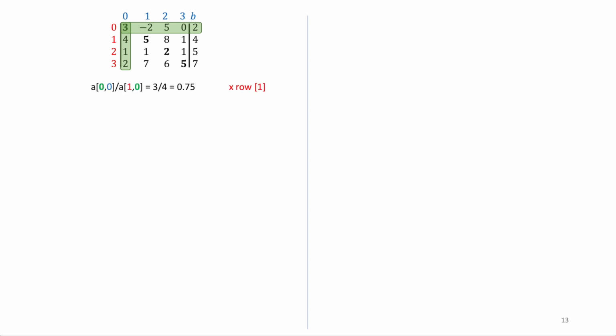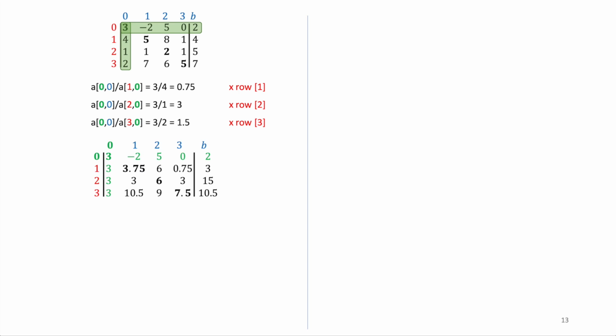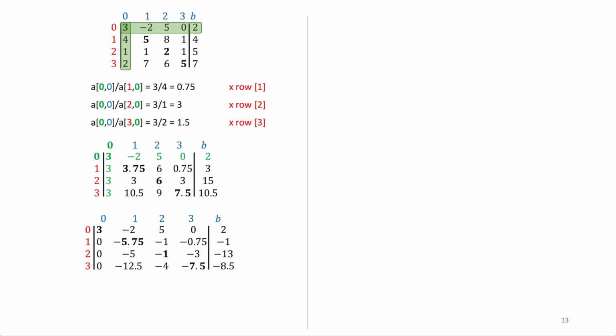So we calculate each factor corresponding to the row that it would be multiplied to. So after multiplication, we will get this system. As you see here, the elements in the first column are all equal to 3. So by subtraction from the fixed row, we will get the elements in the first column under the main diagonal